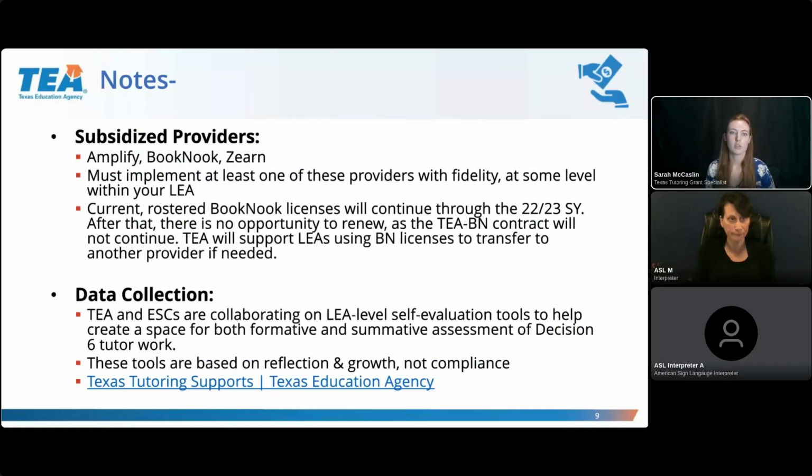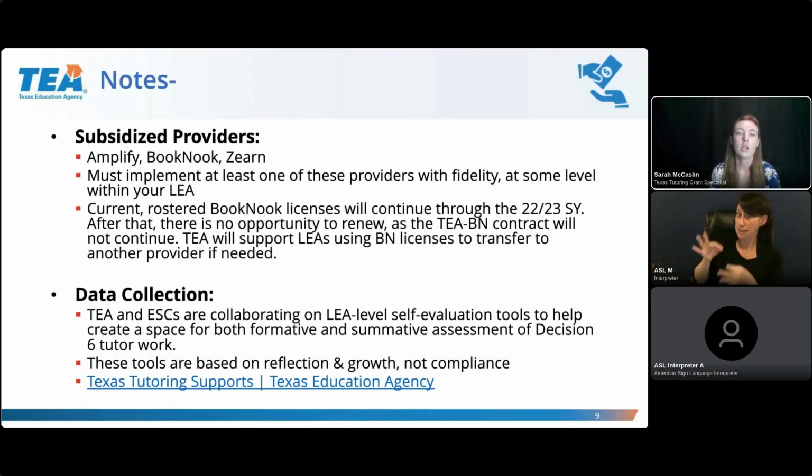Okay, a couple of notes. With your subsidized providers, Amplify, Book Nook, and Zern, a Decision 6 awardee must utilize at least one of those providers with fidelity at some level within your LEA. And so you have a bit of autonomy and discretion here. The expectation is that not every single one of your students is using it. It doesn't have to be every single grade level. It doesn't have to be every single campus. But if you are awarded,